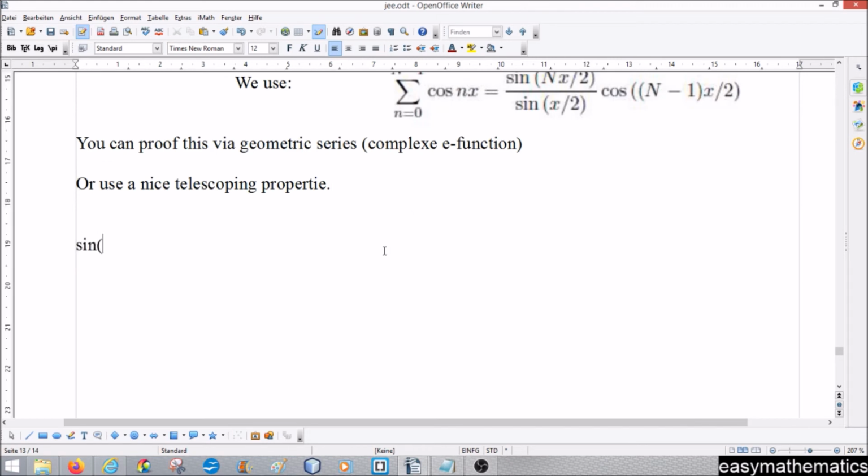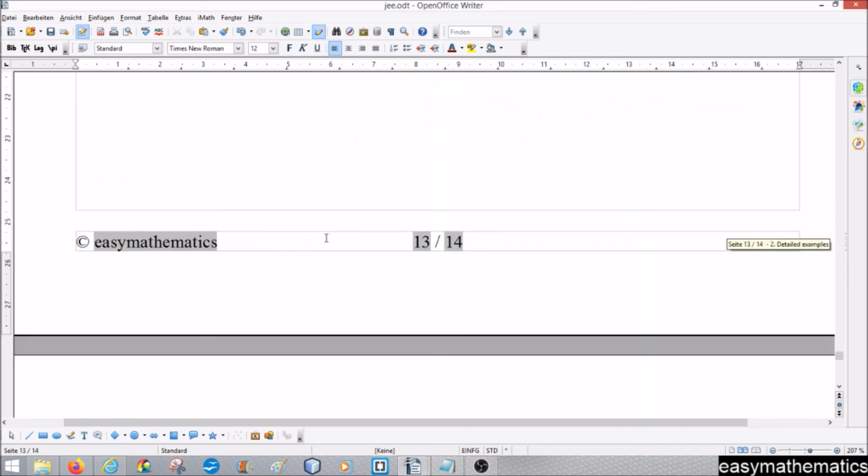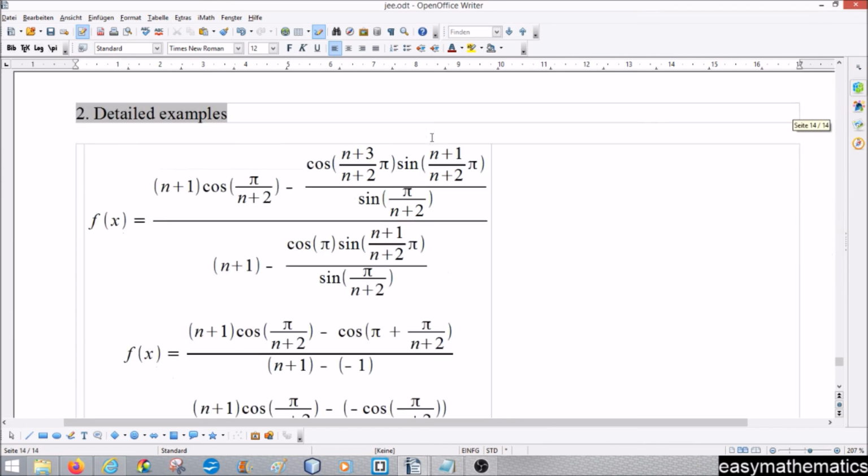What is going on here is this property. This is exactly what we used for these two signs. Please look carefully and then you can understand why these are equal. Then we can cancel them